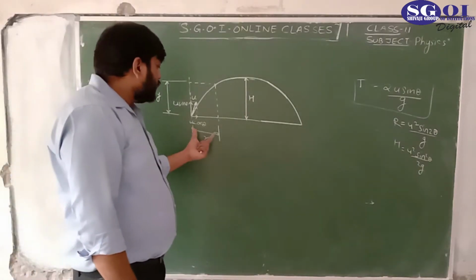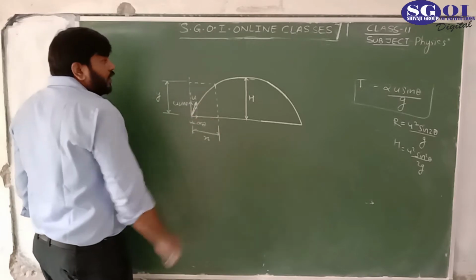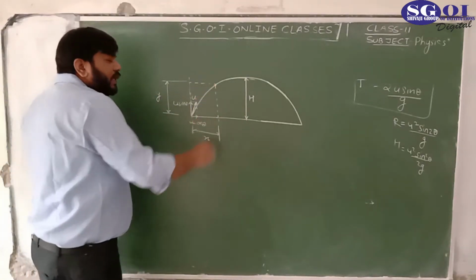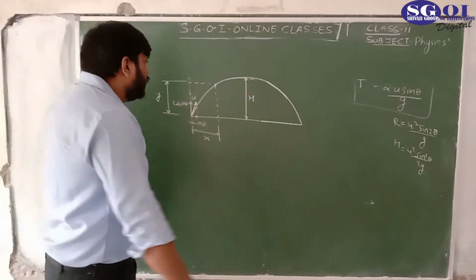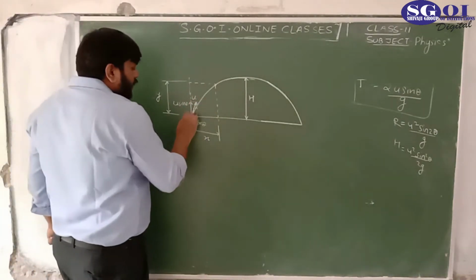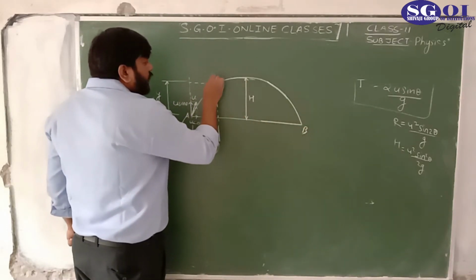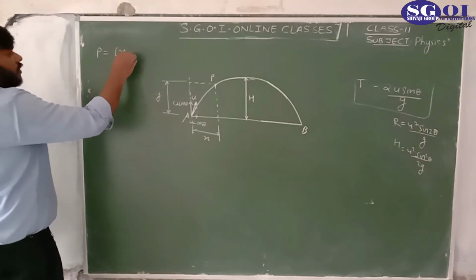So you are seeing that this is the x distance covered in the horizontal direction and this is y in the vertical direction. So we can say the coordinates of the point are x comma y. Let's say this is point A, this is point B, and this is point P. So the coordinate of point P is x comma y,